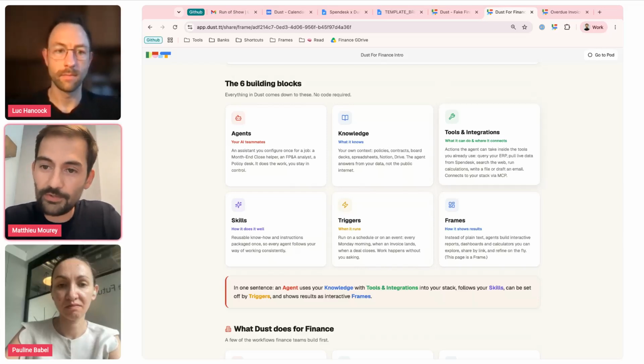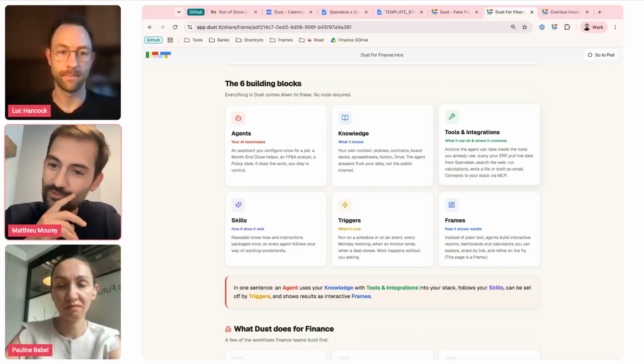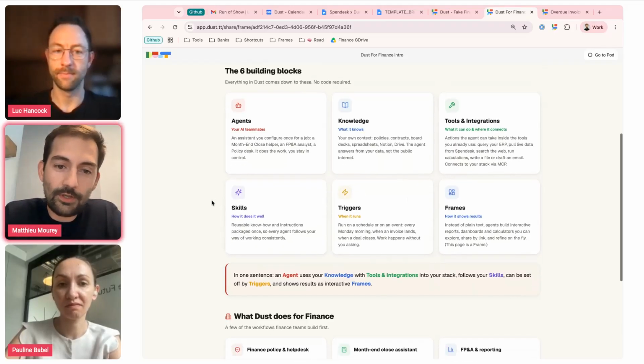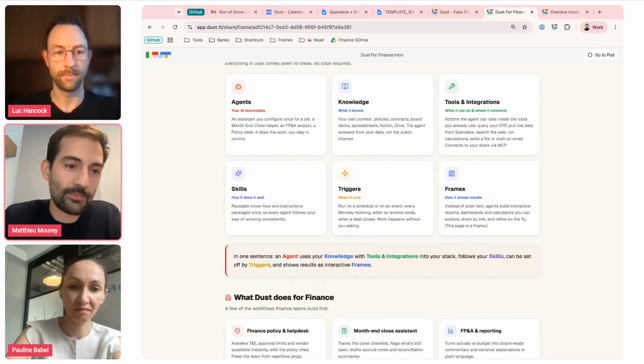If you are using Spendesk, you can connect it through the MCP. Pauline will show this later. And you will enrich your agent with skills. Skills is as important a concept as agent.